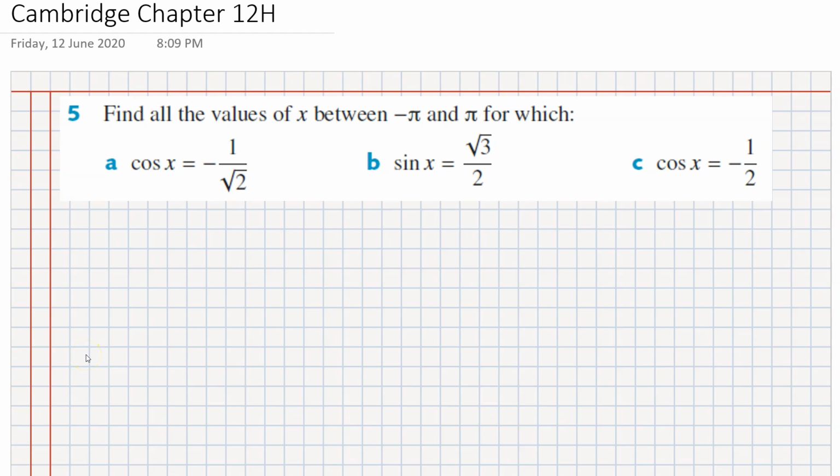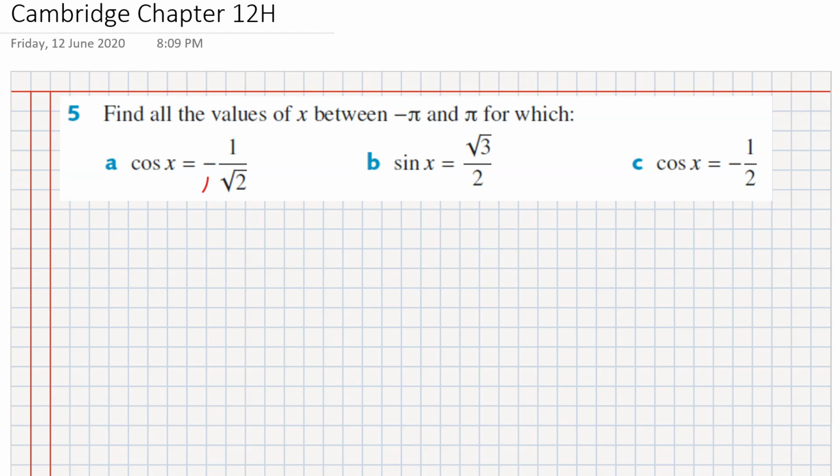In this video, we're going to have a look at how we can solve trigonometric equations that involve a negative value on the right-hand side of the equal sign, or right-hand side of the equation, and that have a domain that's less than 0. So considering these questions here, Cambridge Chapter 12H, question 5,